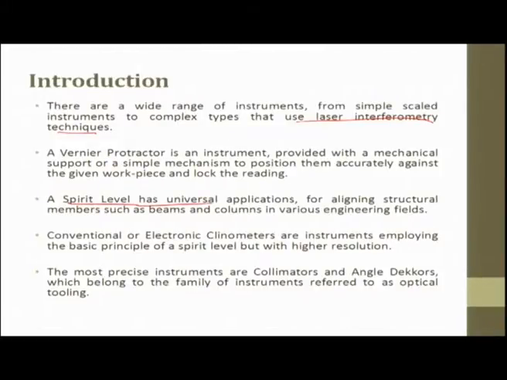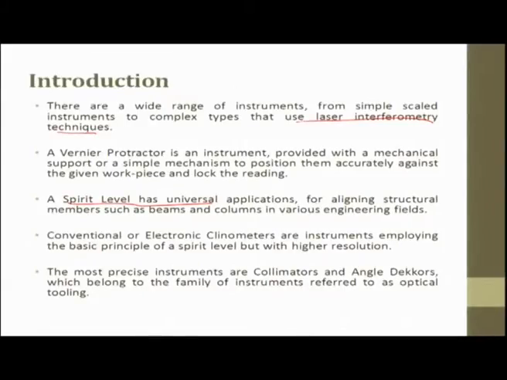The spirit levels are also universally used. For example, you have a very large surface plate, and if you want to measure the deviation of a surface plate, generally what we do is either we try to dial it at several points, form a matrix and try to find out the variation, or we use a spirit level, keep it at several locations and see what the inclination of angle is from the center towards both sides. From there we get the angle measurement, and from the angle we try to find out the linear error or the displacement.